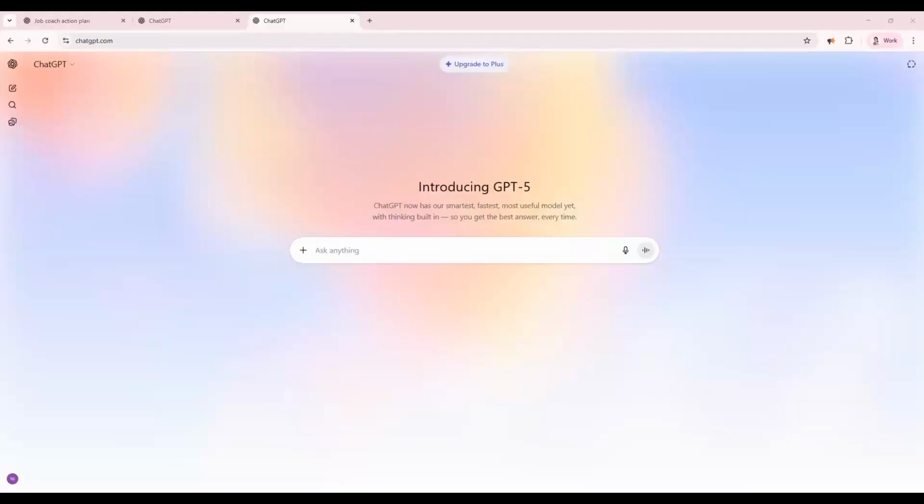So we've got ChatGPT open, and I want you now to imagine the following scenario. Imagine you are transitioning from being a recruiter to being a self-employed job coach. So you want to start your own business, but you are unsure about how to start your business. With so much advice out there, you've started procrastinating. However, in order to move forward, you know that you need to break down the process into clear, manageable steps with goals and timelines for accountability. So this is exactly where ChatGPT can help you get started.